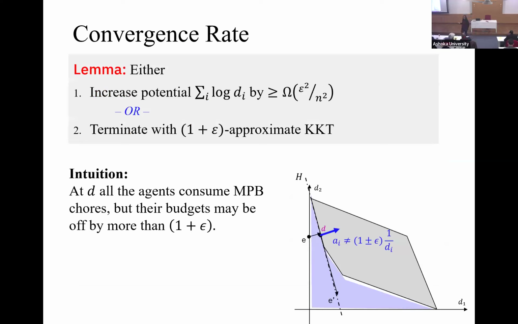Intuitively, in the market setting, what is happening is that you are at a feasible point, and we can show that because you are at the boundary of a distributively feasible space, the corresponding allocation is one where everybody is buying their maximum bang per buck item. So in some sense, quote unquote, an optimal bundle. But they might be earning not within 1 plus minus epsilon. Maybe some agents are earning much more than 1 plus epsilon, some agents are earning much less than 1 minus epsilon. So you have to balance this out.